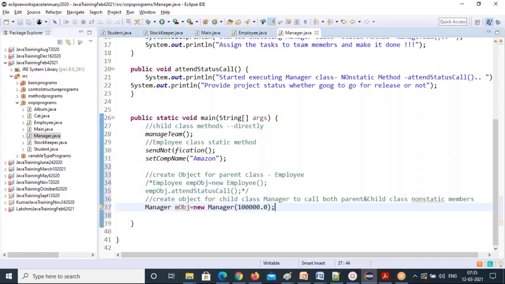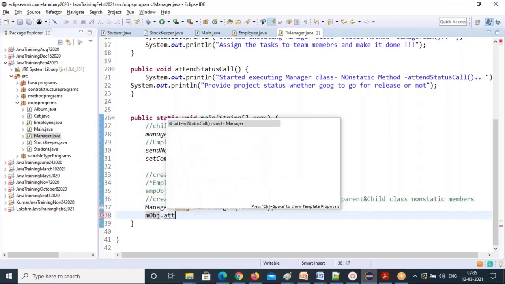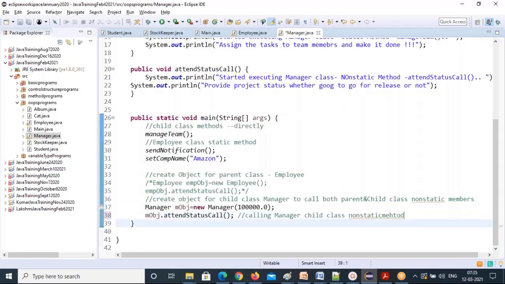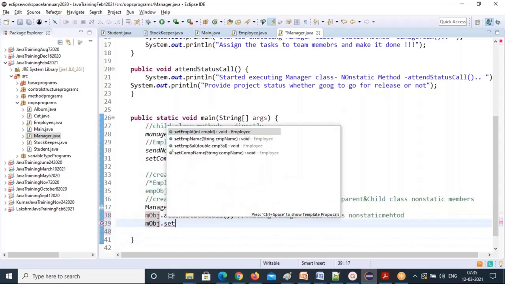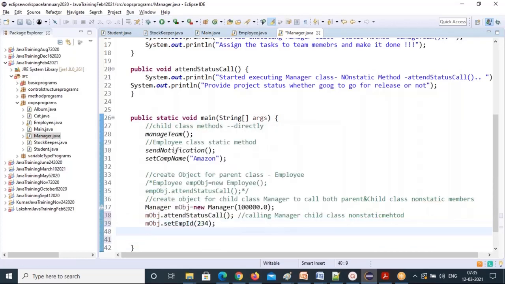So this is the advantage of a parameterized constructor. You can pass your own values whenever you're creating an object for this class. Now I can call child class methods. So now I can call set employee ID. From where is it coming?